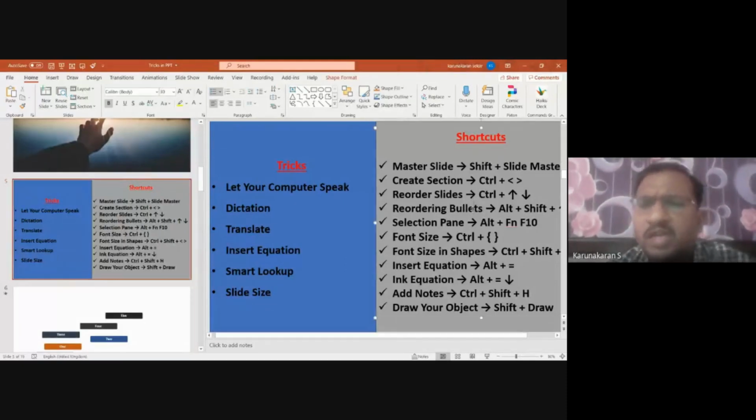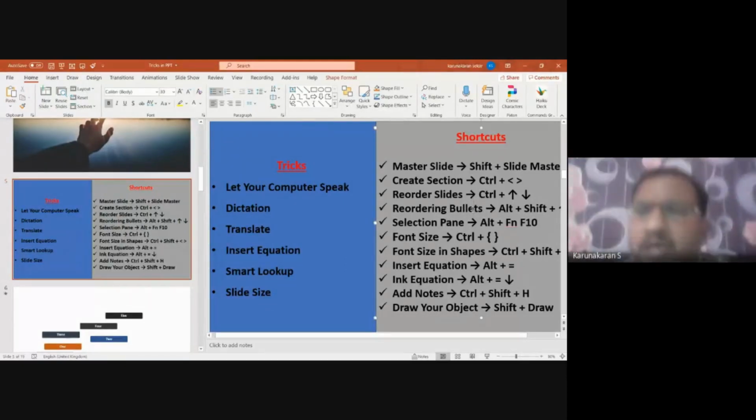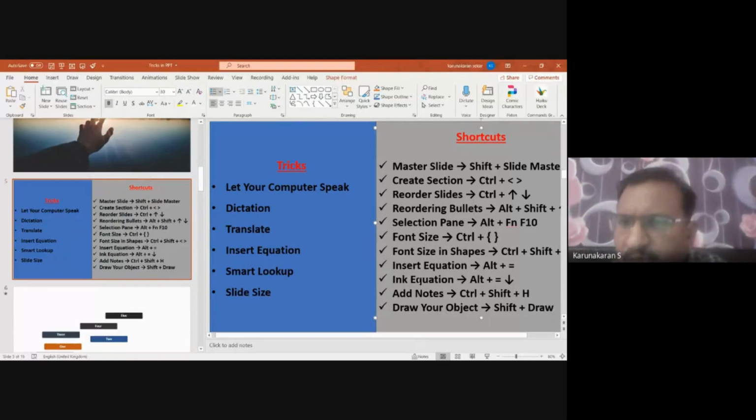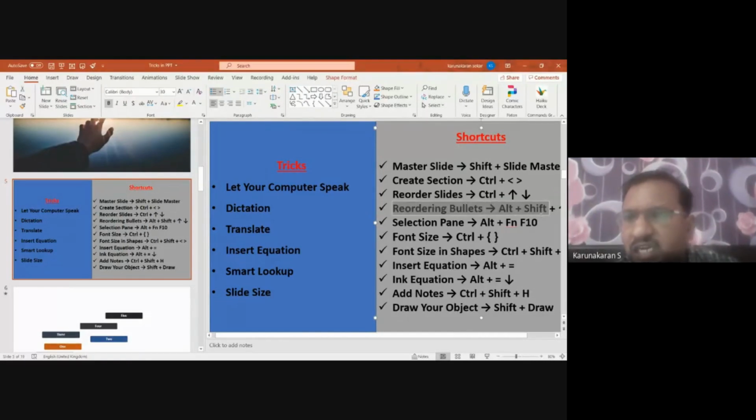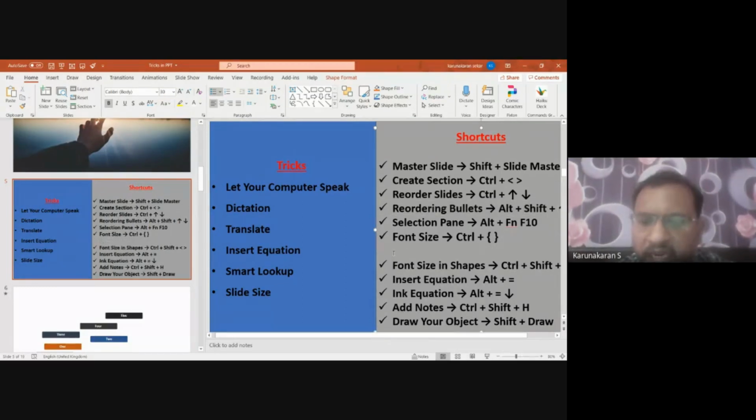Reordering bullets. Let me show you an example here itself. See, I have typed these many topics in shortcuts, but after typing 10 to 20 topics, I found that these fonts and these contents are to be reordered in a different way. What we regularly used to do is select this content, cut this content, then go to the place where I need to place it, press enter, move up, and press Control V to place that.